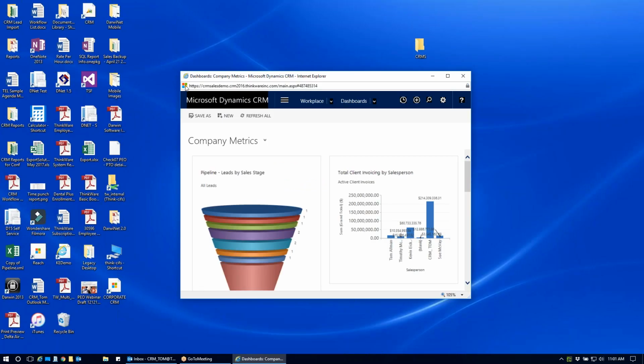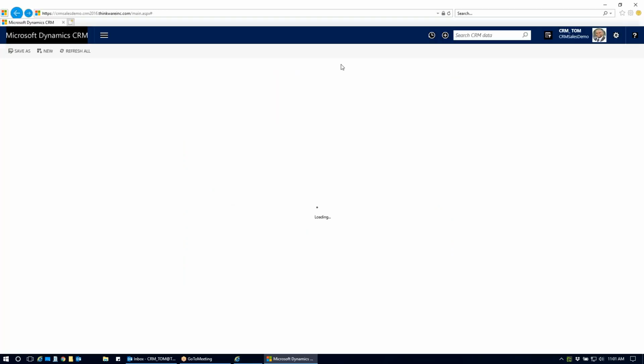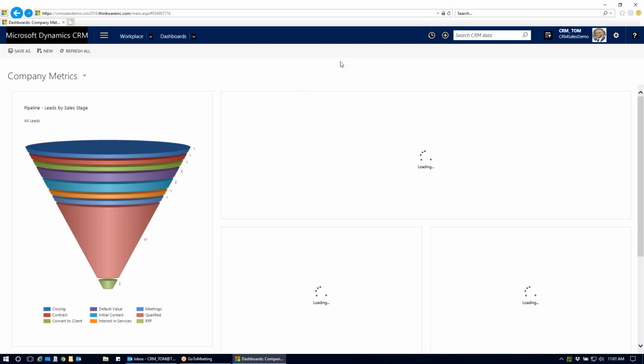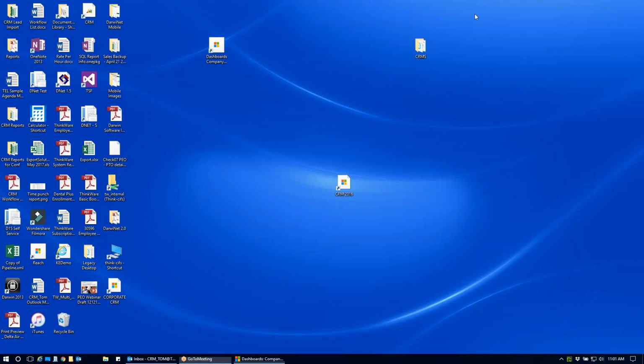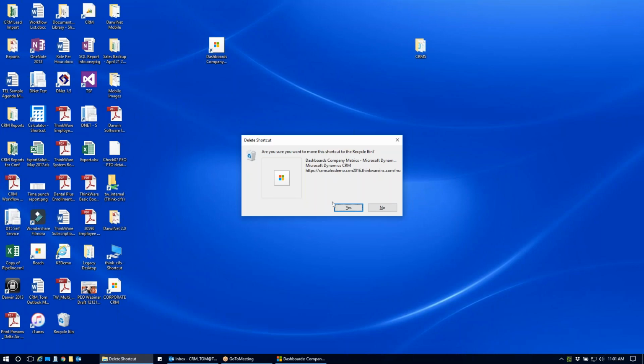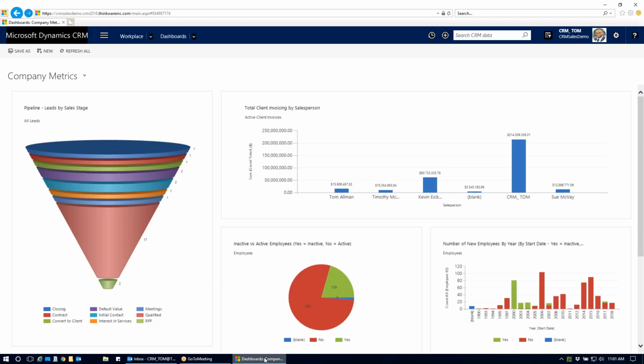An easy way to get it as a shortcut on your desktop is to simply drag and drop this icon, which will show up in your address bar, and drag it right onto your desktop. It'll actually reopen it just because it's linking it right then. But now you'll always have this link on your desktop. I'm going to go ahead and delete this out because I already have one on mine and just jump back